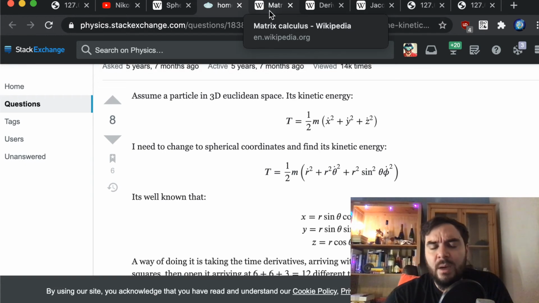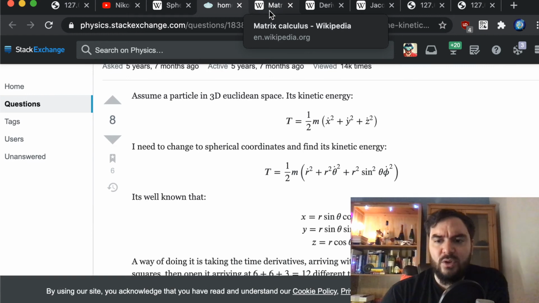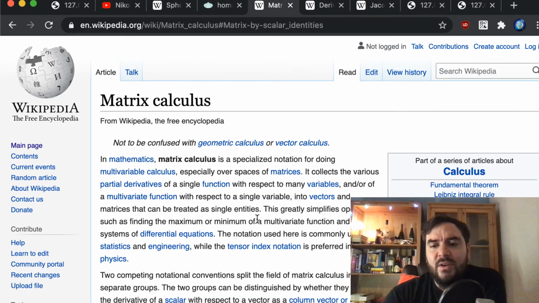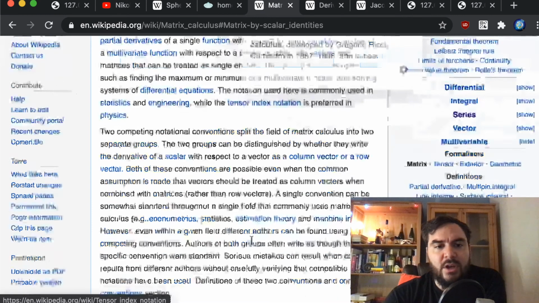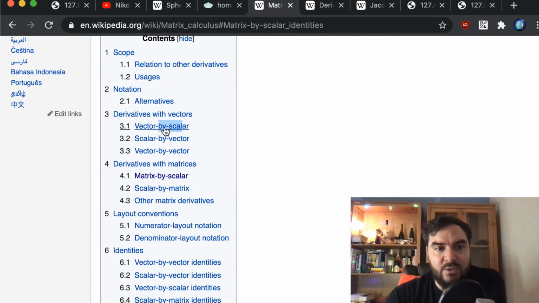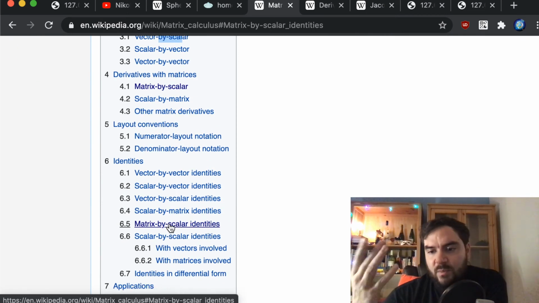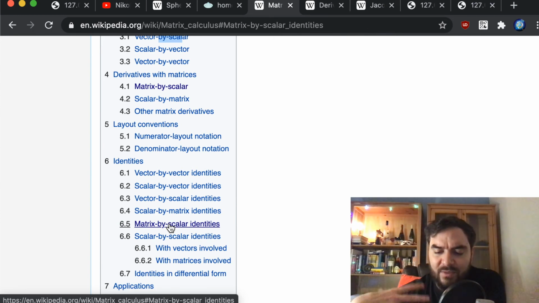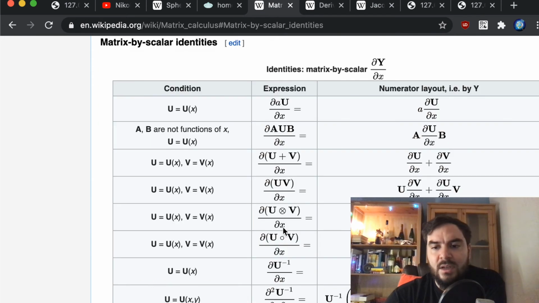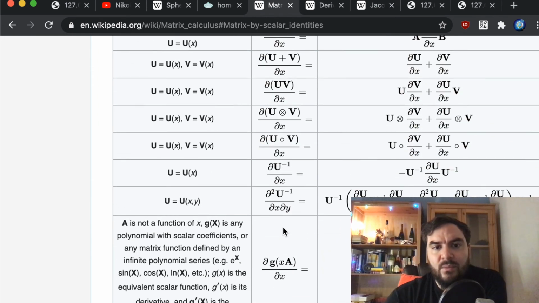Okay, so before we get into it, just 2-3 theorems that we're going to use, which are related to matrix calculus. There is this very nice Wikipedia page which lists, it's very long, and it lists a bunch of formulas. In this video, we are going to need, we have just one parameter, so we can call it time, and we take the derivative with respect to that parameter of very generic objects, let's say matrices. And so if we go to the matrix by scalar identities section here,